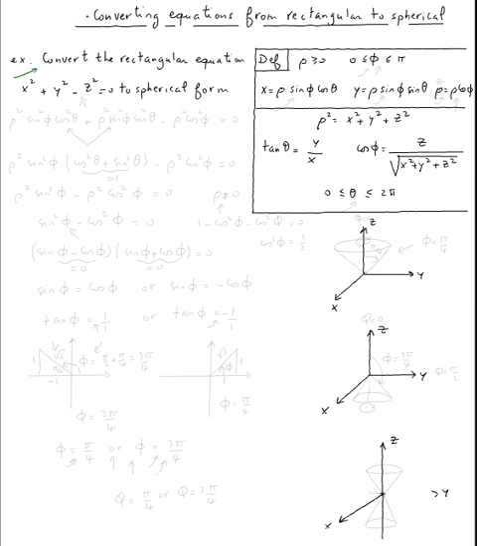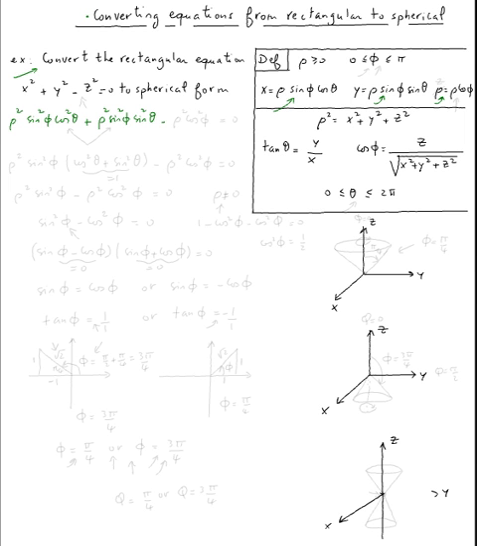Alright, so again, first thing you want to do, you want to have only rhos, phis, and thetas. That's what we mean with spherical. So we're going to replace x by rho sine phi cosine theta, but because it's squared, we've got to square that, plus we replace y by rho sine phi sine theta, but because it's squared, we've got to square that also,